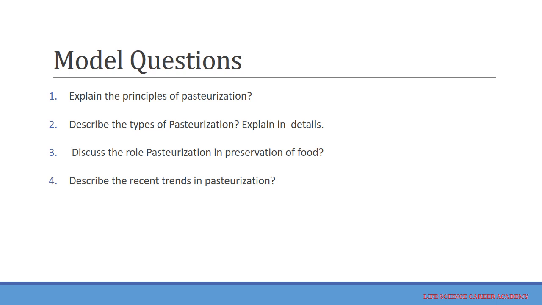One: explain the principles of pasteurization, describe the types of pasteurization, and explain in detail. Discuss the role of pasteurization in preservation of food, and describe the recent trends in pasteurization. These are a few expected questions in the FSSAI FSO mains examination.